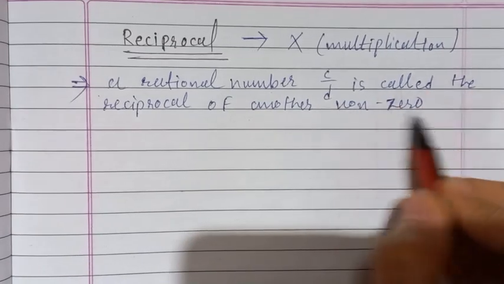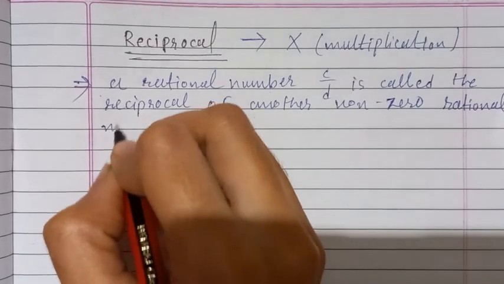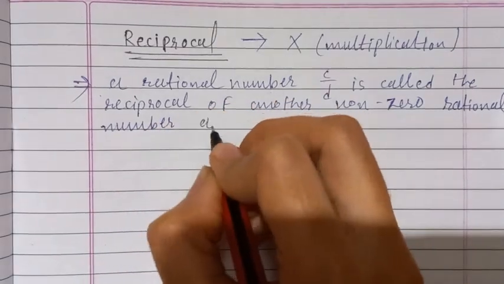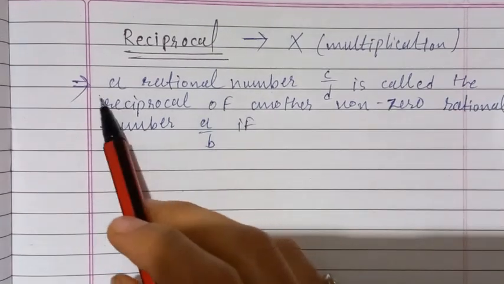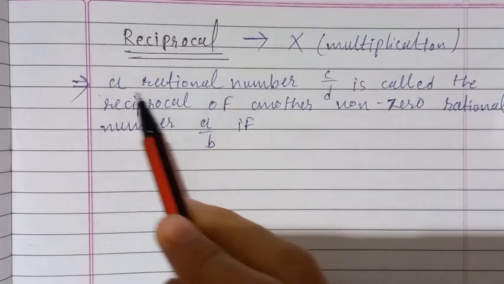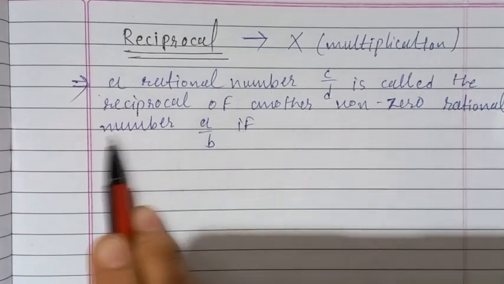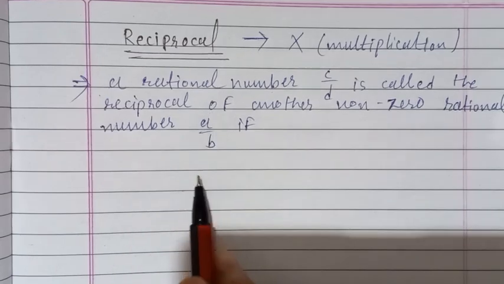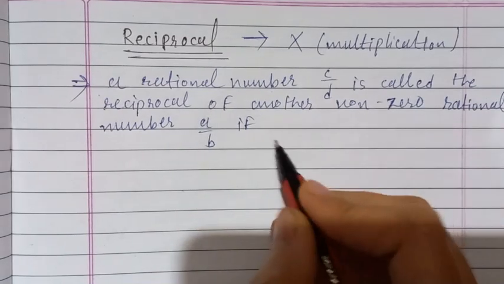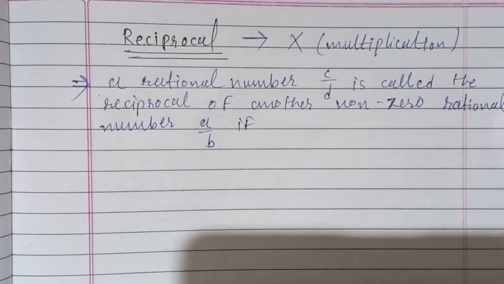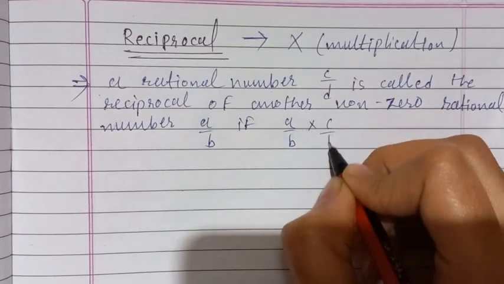Non-zero rational number A by B. Let's read what we have written. A rational number C by D is called the reciprocal of another non-zero rational number. What is the other non-zero rational number? It is A by B. C by D is the reciprocal of A by B if, now I will write the condition. What is the condition? The condition is that the multiplication of A by B and C by D is